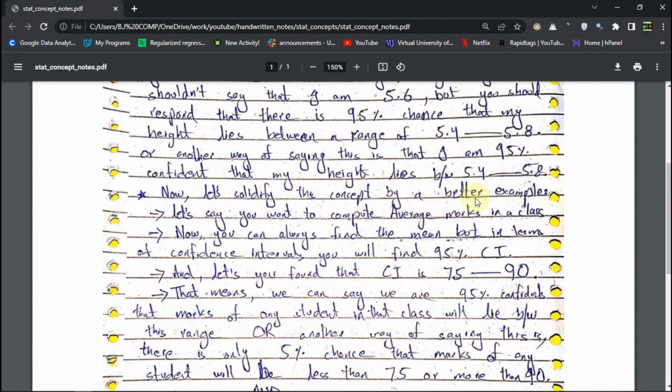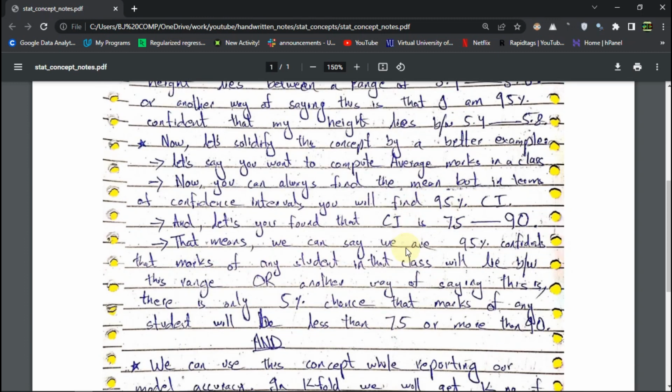concrete this concept with a better example with the stats, right? So we have students in the class and their marks. The teacher did an exam, and we got their marks as a list, right? Now the average marks of the students, if you have to report as a data scientist, you shouldn't say that the average marks are like 80% or whatever it is, right? But you should say, in terms of confidence interval, that it's between a range of 75 and 90,